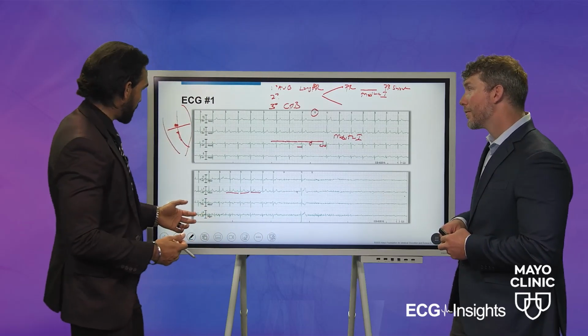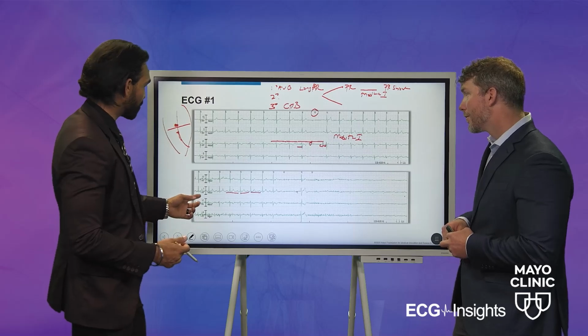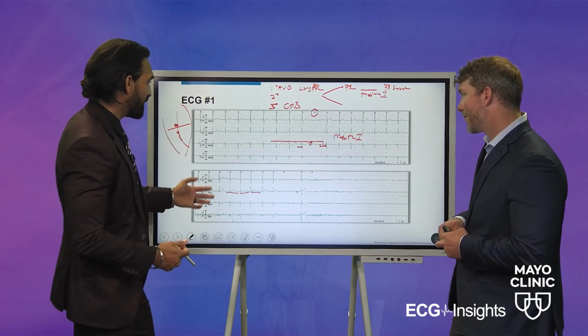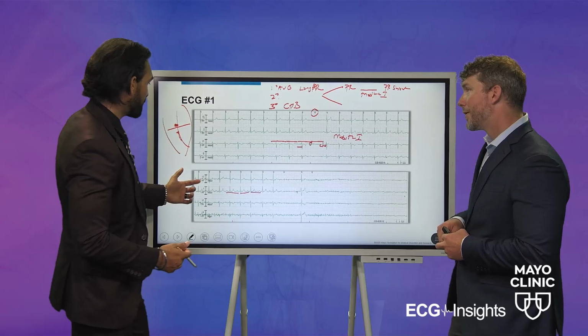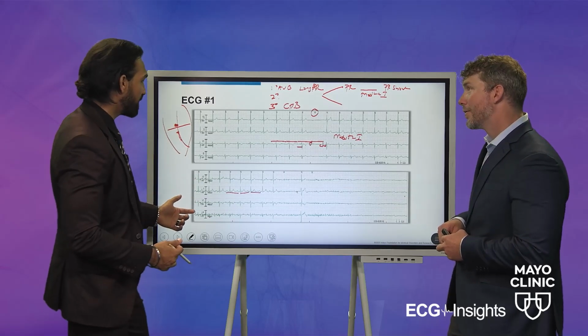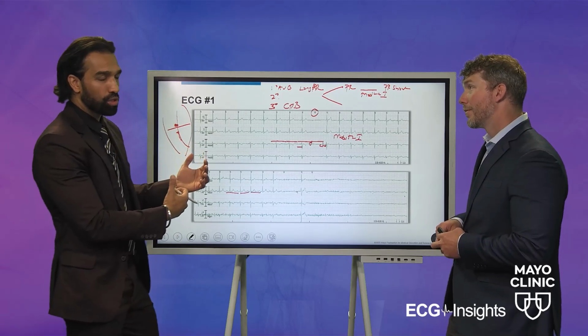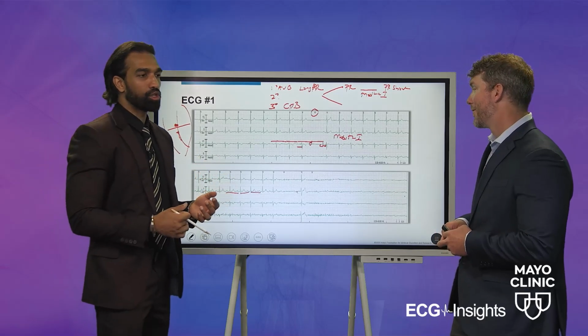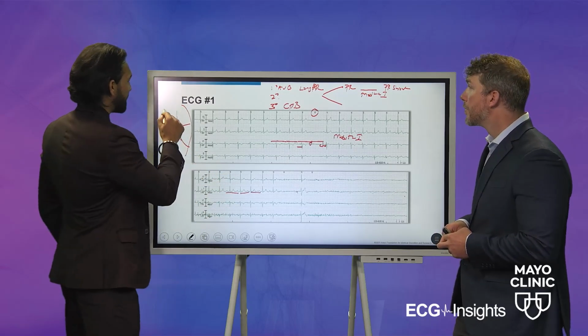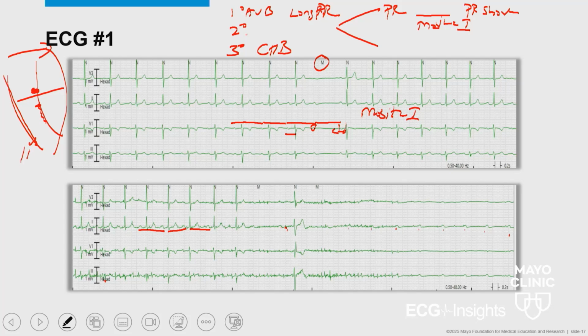Diving a little bit deeper into artifact diagnosis, you can look at the leads and figure out where it's coming from. In this case, it's kind of everywhere, right? So V3, lead 2, V1, lead 3. So it could be some external source, electromagnetic interference. If you saw an artifact just on lead 1, lead 2, and aVR, you'd think of what's the common point between these: the right arm. So maybe the right arm is shaking. So you can sound very smart and be like, hey, just fix their right arm, or were they doing something at that time, just by looking at where the artifacts are.